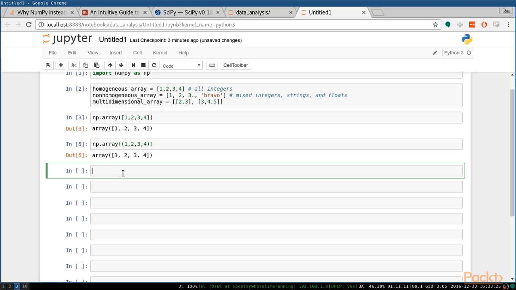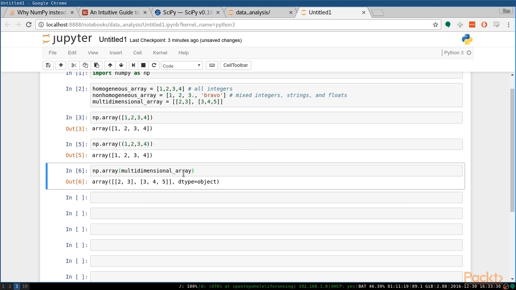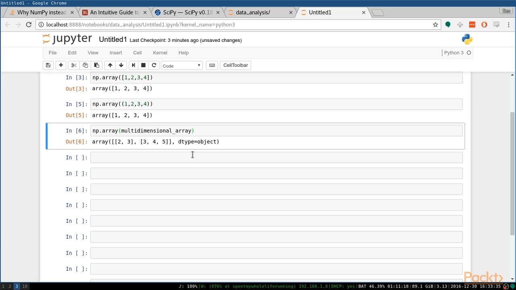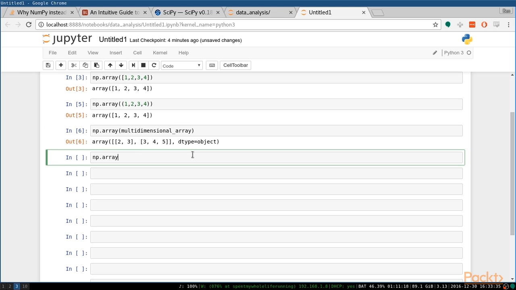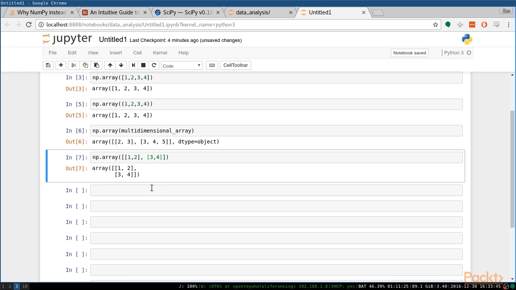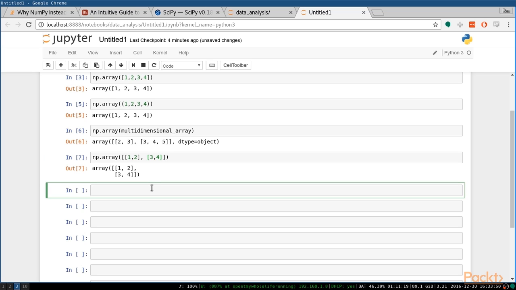Cool, so what about our multidimensional arrays? Well, don't forget we can also pass in previous types as well, so we could actually just pass in that multidimensional array directly, or we can go ahead and create our own array, the array of arrays function. So this would be a manual array of arrays, just like that. So obviously we don't want to create our arrays manually every time, so Numpy offers several methods for creating common